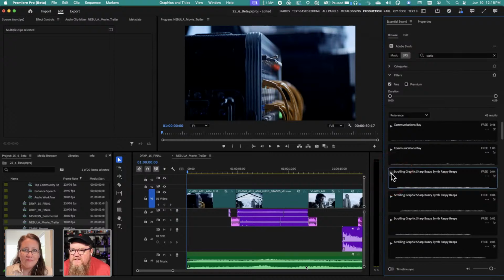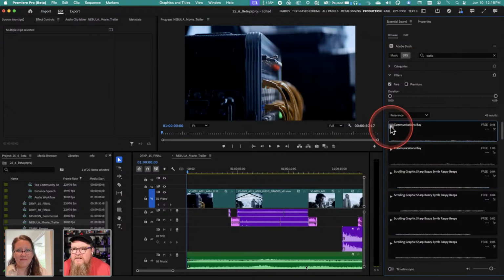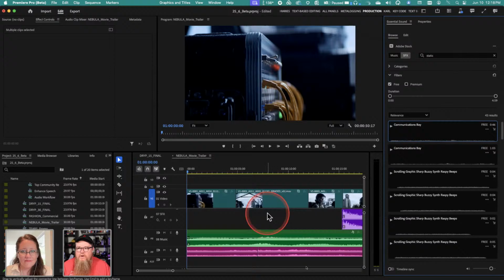There's just a little buzzy static. Here's another one, communications bay. Kind of a nice ambient background here. So once I have something that I want to use, if I want to drop this into